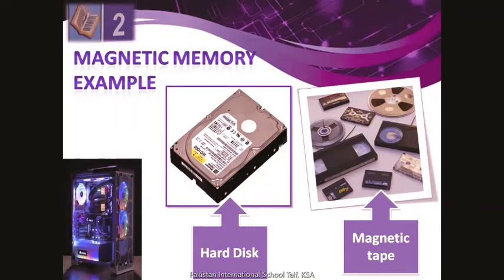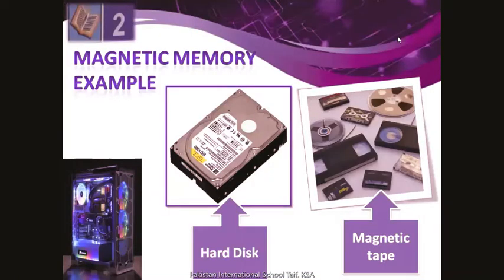So magnetic tape is an old method to save your data in the form of reels, and read and write heads are used to read your data in sequence. It's a sequential access device, which means you have to go in sequence to retrieve your data, to access your data. So this is a slow accessing method which we use in magnetic tape, and this is an old way to retrieve your data.